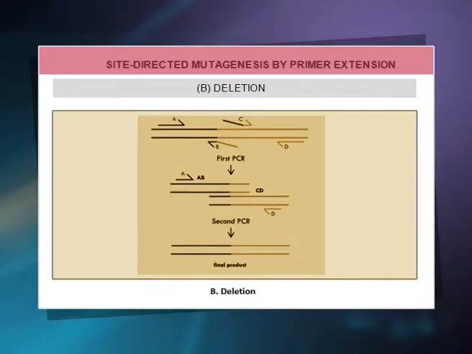To create a deletion, the internal primers B and C are positioned at either side of the region to be deleted to prevent it from being incorporated within fragments AB and CD from the first round of PCR. The complementary sequences at the ends of these fragments created by primers B and C enable hybridization of AB to CD during the second round of PCR, and the final product with the desired deletion AD is created.